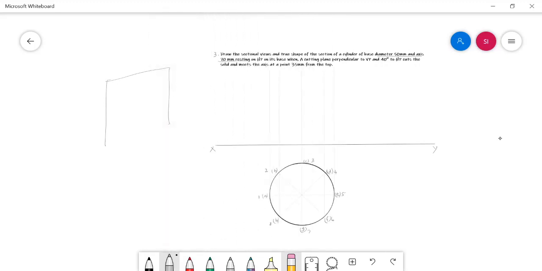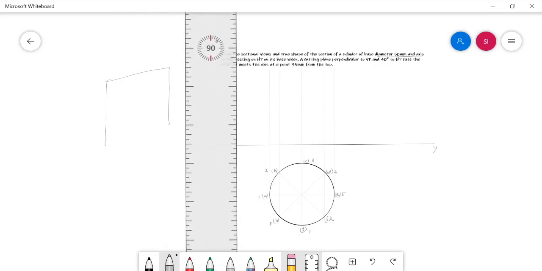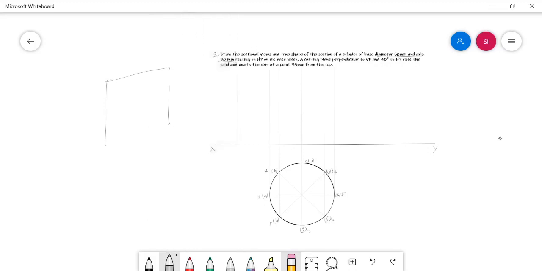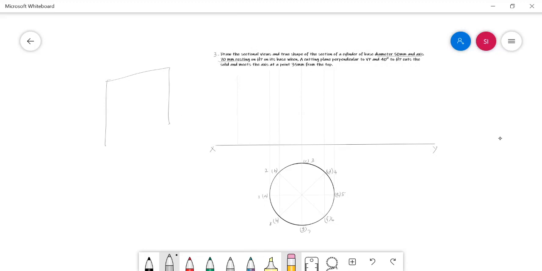The axis height of the solid given in the problem is 70 mm. Meanwhile, the diameter is 50 mm.